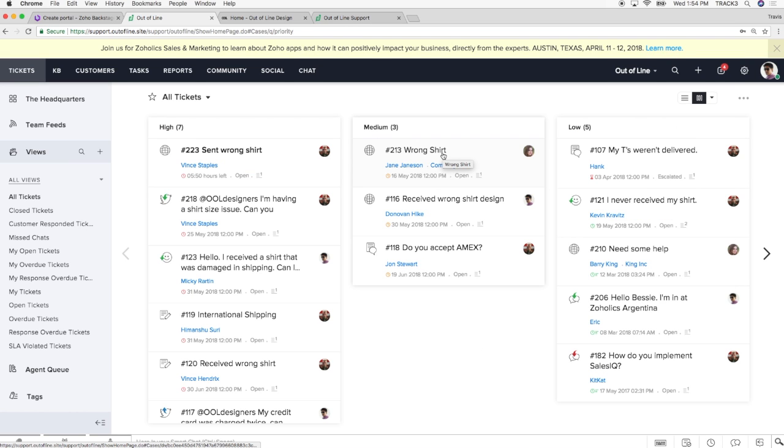I'm going to show you the priority. So similarly, this is just a way of organizing things, figuring out which tickets are the most important. You can go into a ticket and determine what is the priority of this ticket. Does it need to be done quickly? Is it based on a customer? And then you can set that in the ticket.